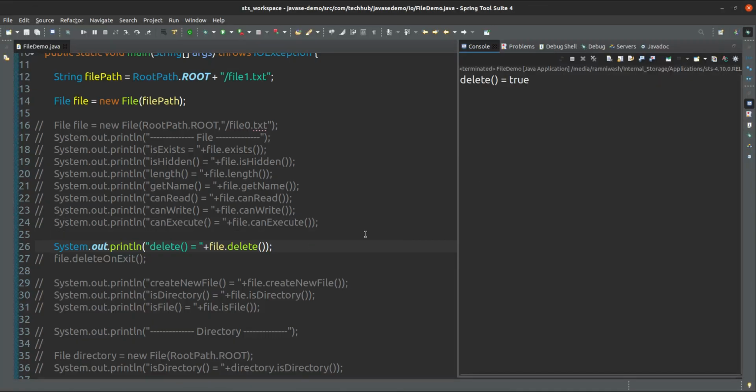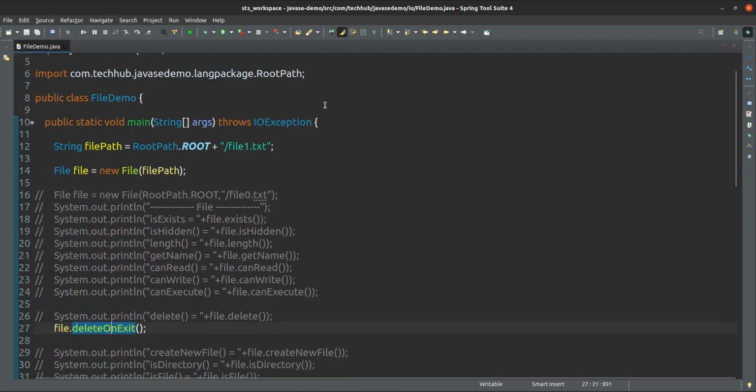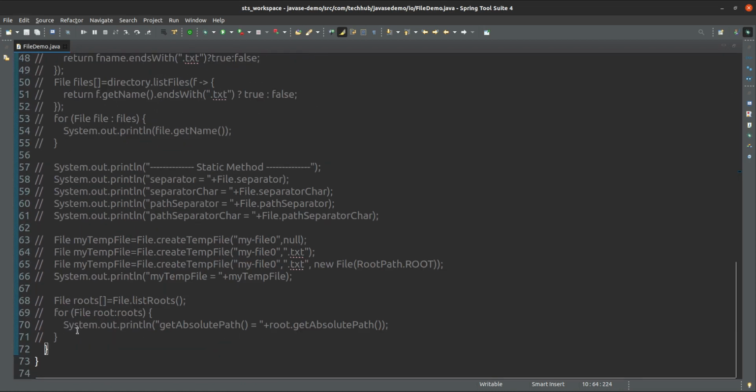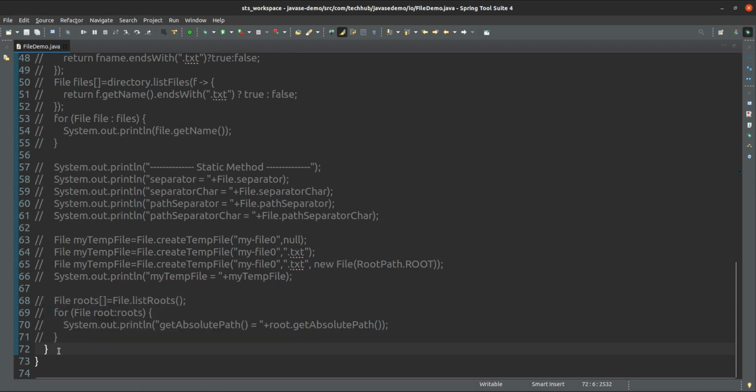So to do all the operations related to a file, you can use this File class. Delete on exit, that is also fine. If you use delete on exit, that also you can use. Delete on exit means whenever this main method is executed successfully, after the ending of this body, your file will be deleted.